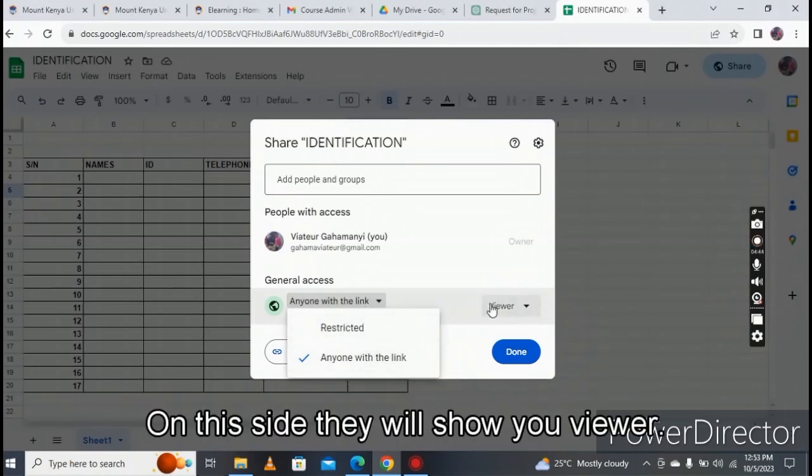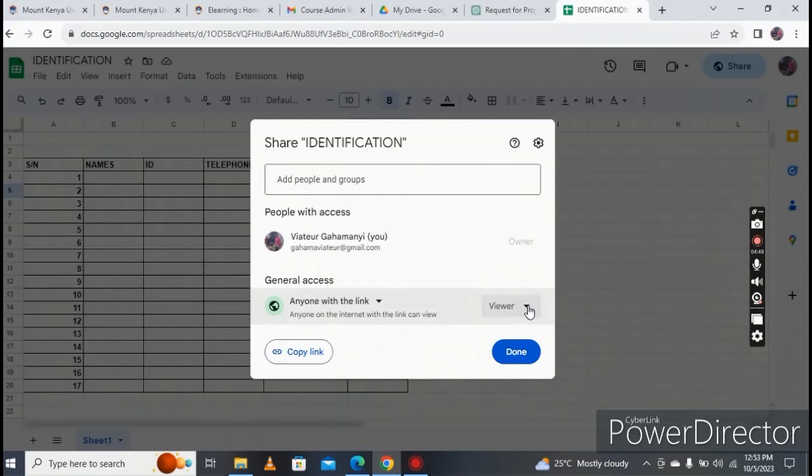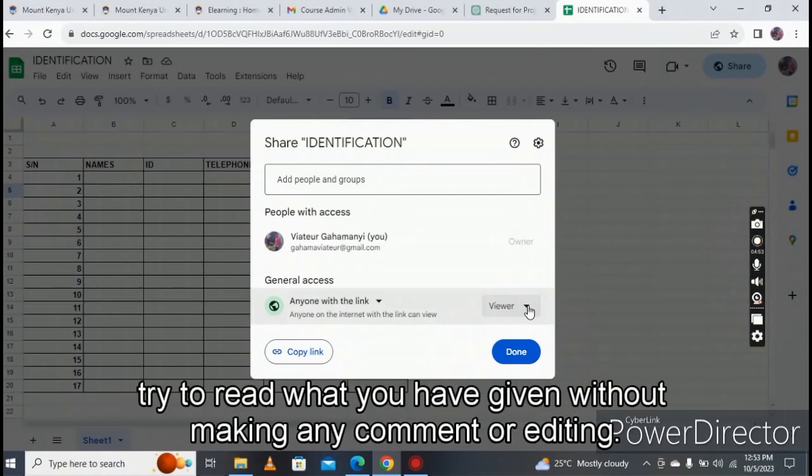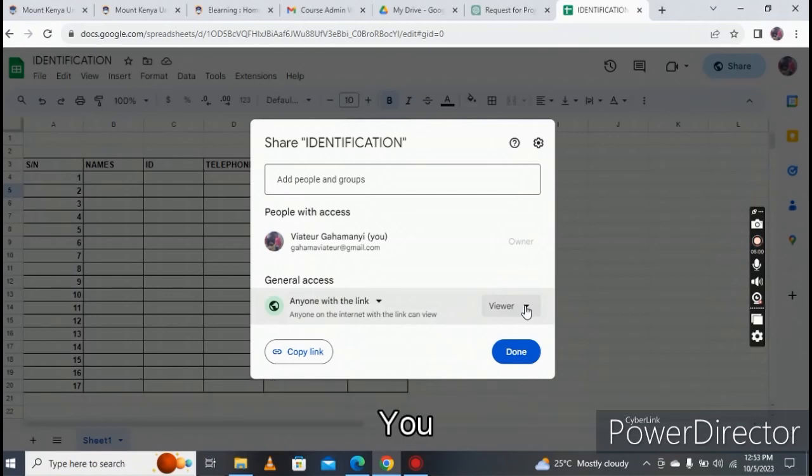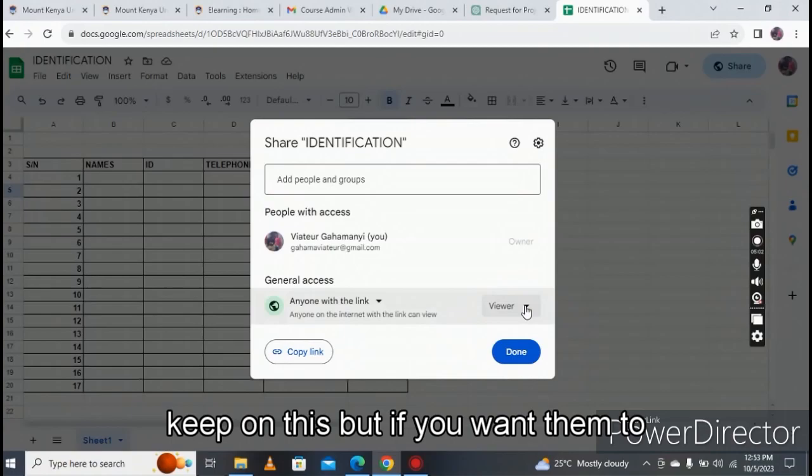You see here on this side, they will show you viewer. If you want them to only view, I mean just read what you have given, without making any comment or edit, you keep on this. But if you want them to